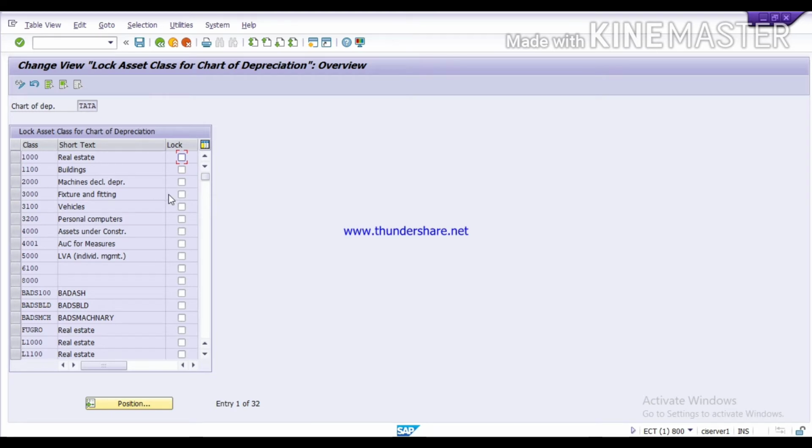So we will just lock this, as I suppose I don't want this real estate, so I will click on this. And here also real estate asset classes, so I will lock it.